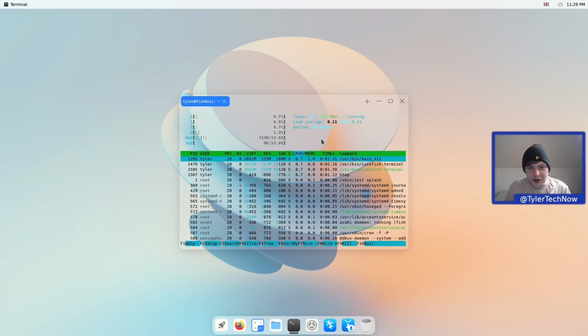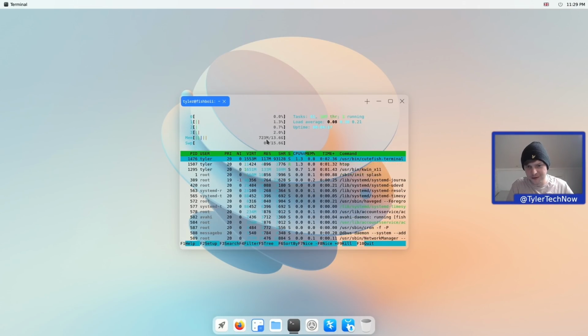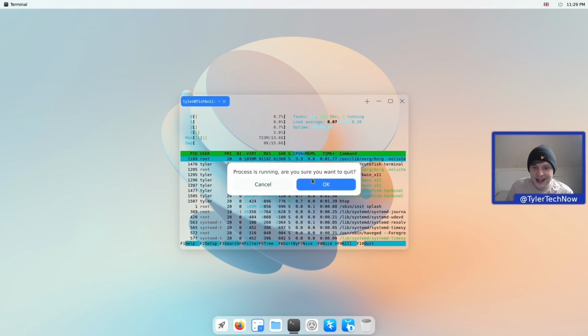And we're back from a fresh reboot, and as you can see from the output of htop there, the memory usage isn't really too bad, all things considered. So we're sitting at just over 700 MB, around about 723. And for a desktop distribution like this, with a lot of packages installed out of the box and desktop effects and transparency and all of that good stuff, 723 isn't really too bad when you consider all of those factors. So I think what we'll do is we'll close this off now,